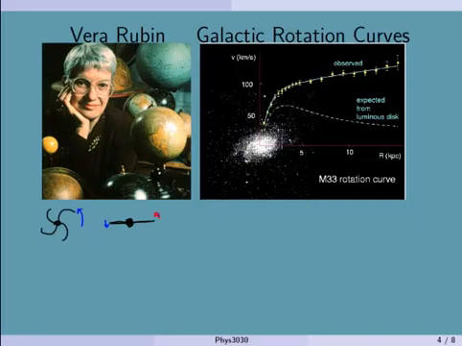Okay, and so you can make detailed observations. If I make a detailed observation of this arm, the stars in this arm should be a little bit red-shifted. And if I make a detailed observation of stars in this arm, they should be a little bit blue-shifted. And I should be able to make observations all the way along the arm and out even into the outliers, the stars sitting outside. And I should be able to do that on this side as well, and do those red shifts and blue shifts and see how fast the galaxy is rotating.